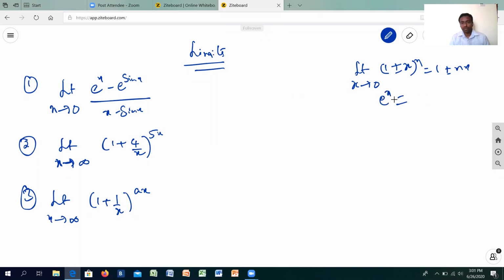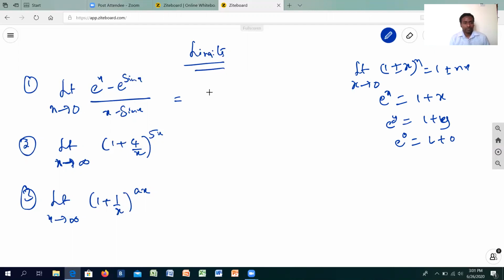Also, you will have to remember exponential series will be of the form e raised to x. If it is e raised to y also, it will be like 1 plus y. E raised to 0 is nothing but 1 plus 0, or basically 1. So basically, whenever we are getting a binomial expression like that, or two terms, it means we can write that in the exponential form. The same thing I'm going to use over here.